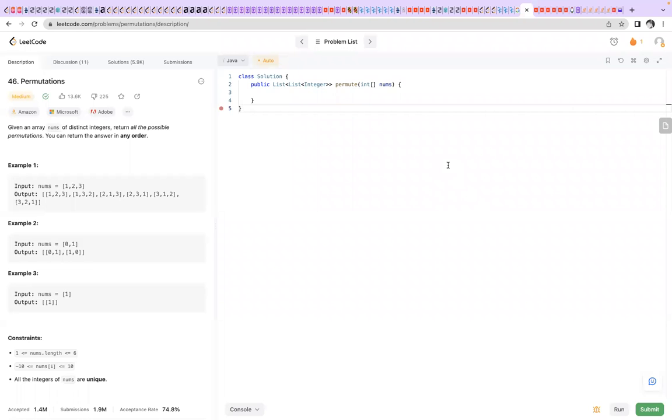So today we are going to solve this permutation problem. This is a classic problem, and as you are aware, in this problem we are given an array of distinct integers, so no two integers are the same, and the requirement is that after processing that input array of distinct integers, we have to return all the possible permutations. So as an example, if we are given this input array 1, 2, 3, then we